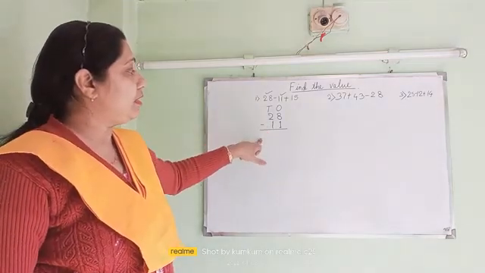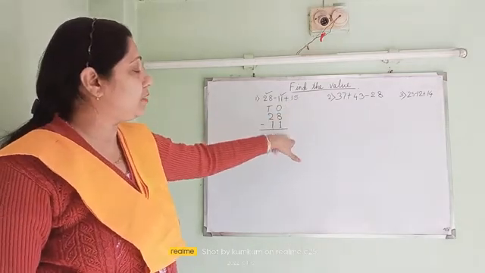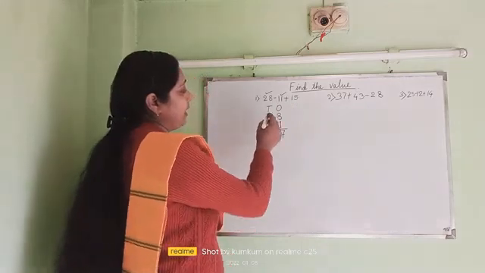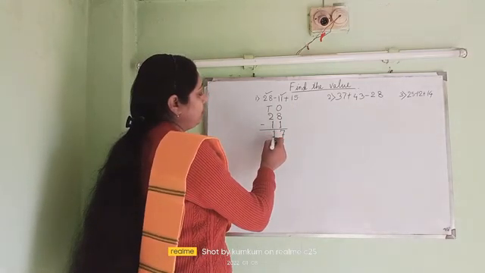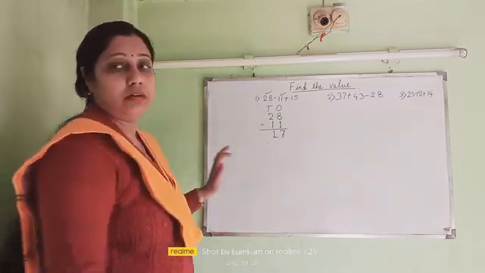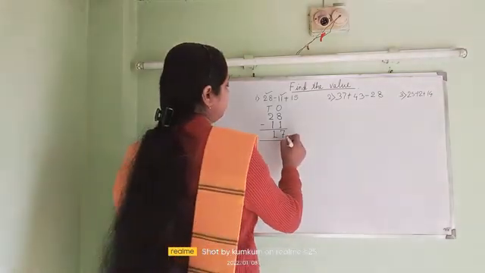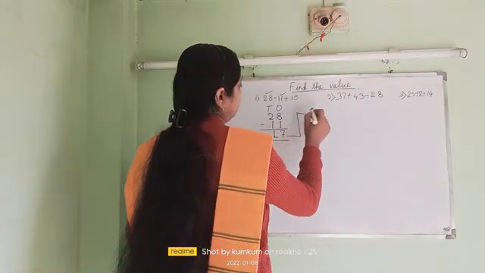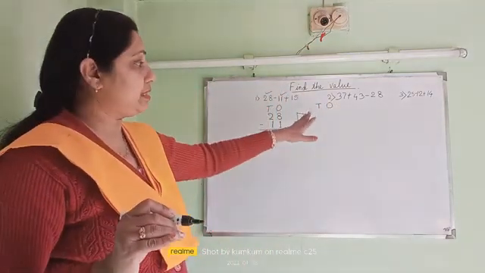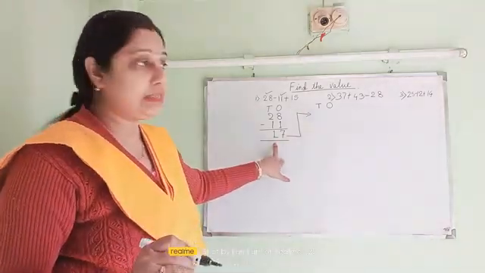Now after solving it, we will proceed with the next number. Let us first solve this one. See, 8 minus 1 will become 7 and 2 minus 1 will become 1. Now this is your first step. After this we have to carry forward this number here, again writing TO, that means the place value, tens and ones, and then I will carry forward this number, that is 17.